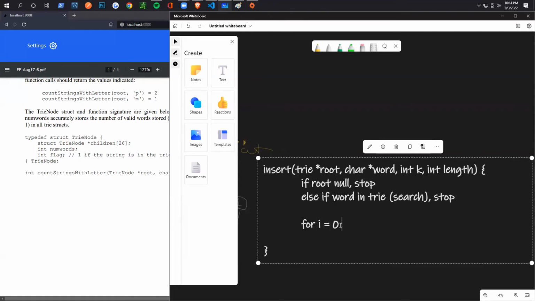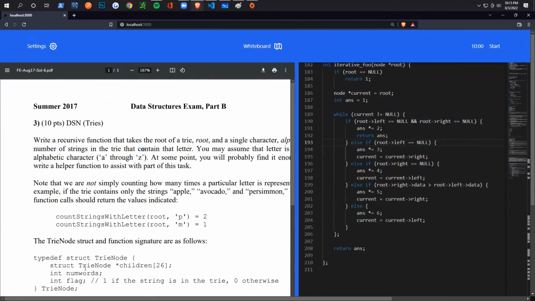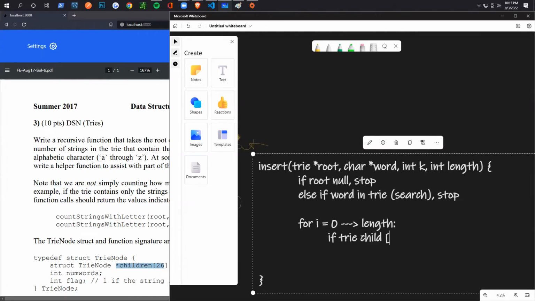for i equals 0 until length, then what you're gonna end up doing is just check if. The array of 26 is gonna be called children. So you can say if trie child word K